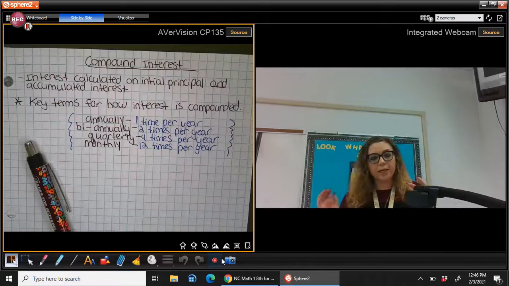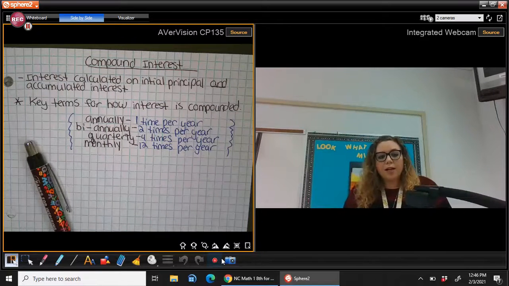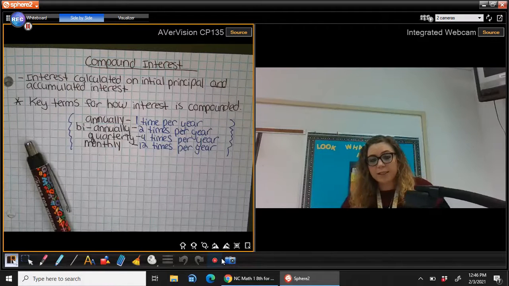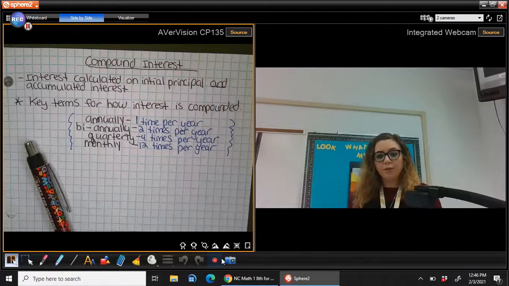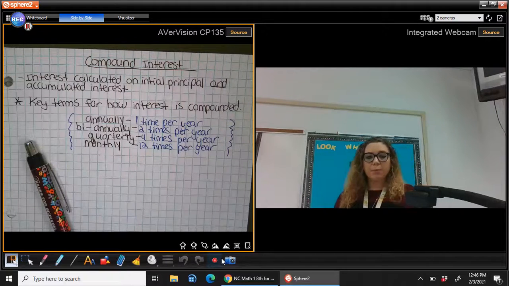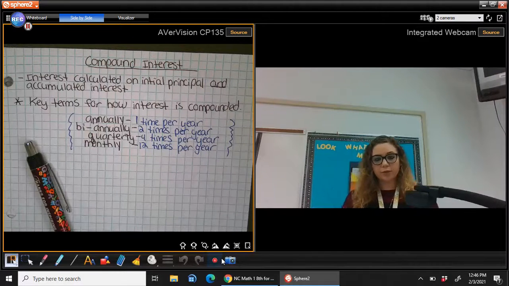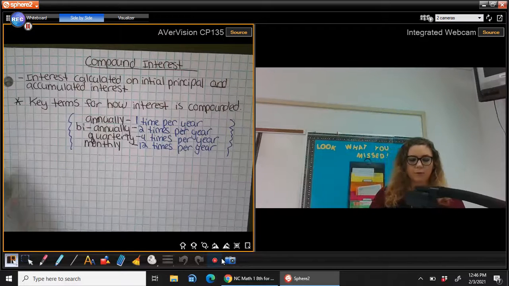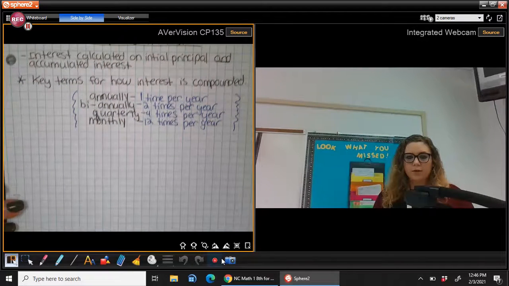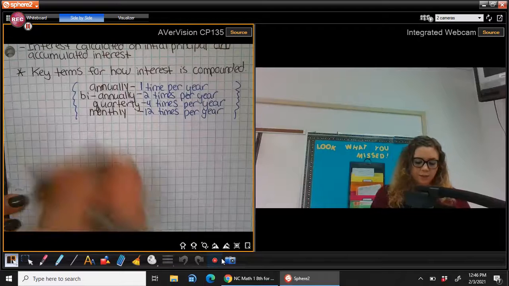Because when we're plugging stuff into the formula, they're not going to say 1 time per year because they want to make it sound professional. They want to try to make it complicated. So annually means 1, biannually means 2, quarterly is 4, and monthly is 12. Okay? So now that we talked about that, here is the formula